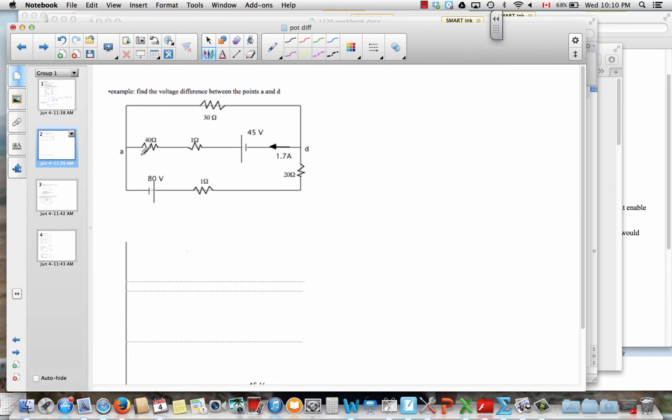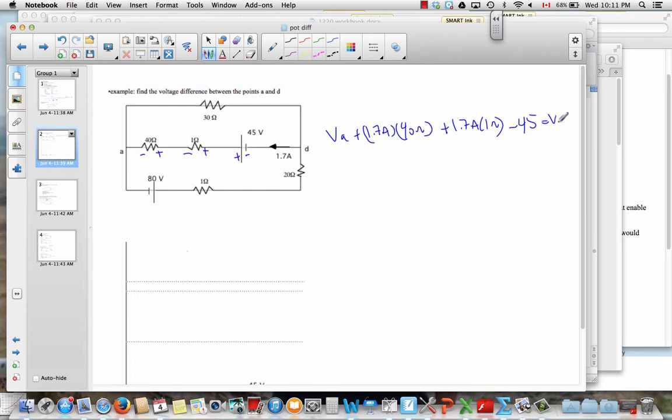Okay, so the first thing you should have done was label this. This is the lower energy end of the cell, this is the higher end, minus and positive. Current flows downhill, so this is plus, this is minus, this is plus, this is minus. So if we start off at the point A, we're going to gain in this resistor I times R. Then walking towards D, there's another gain. We're going uphill here, I times R. Then there's a drop here of 45 because we're going from higher to lower,